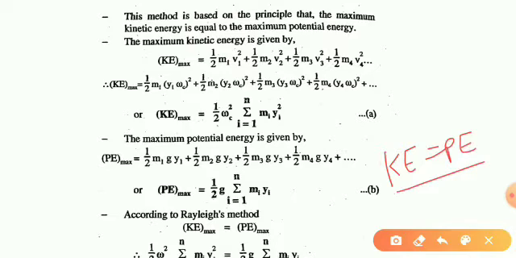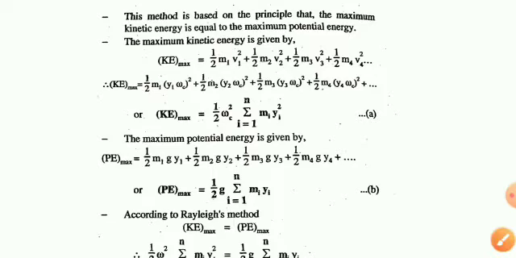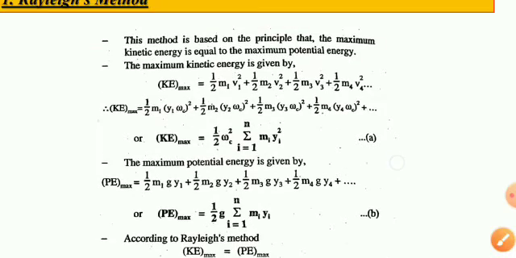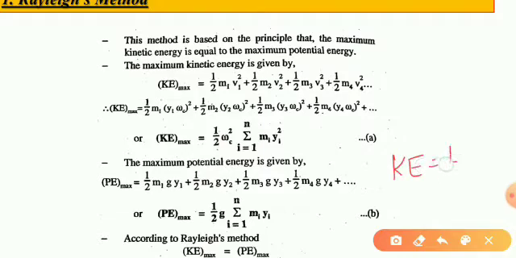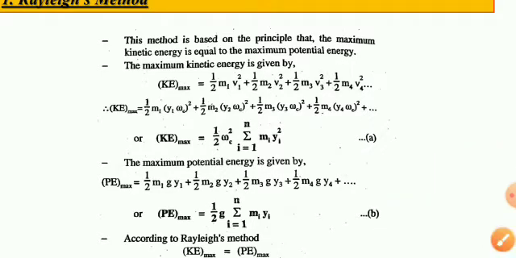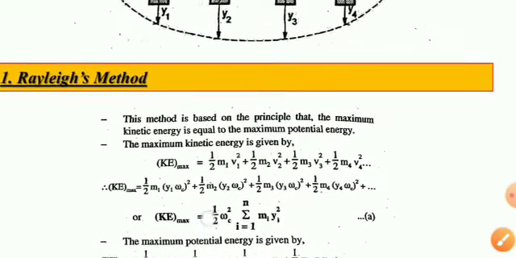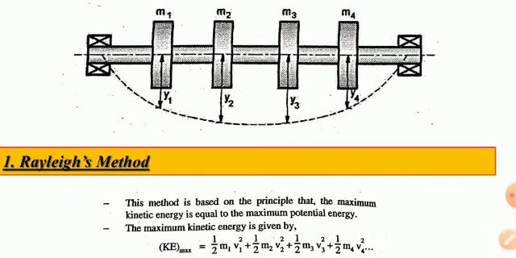The maximum kinetic energy is given by, we know that the kinetic energy is equal to 1/2 mv squared. So here for the rotors, suppose the velocity is v1 for the m1 mass rotor, for m2 mass it is v2, for m3 mass